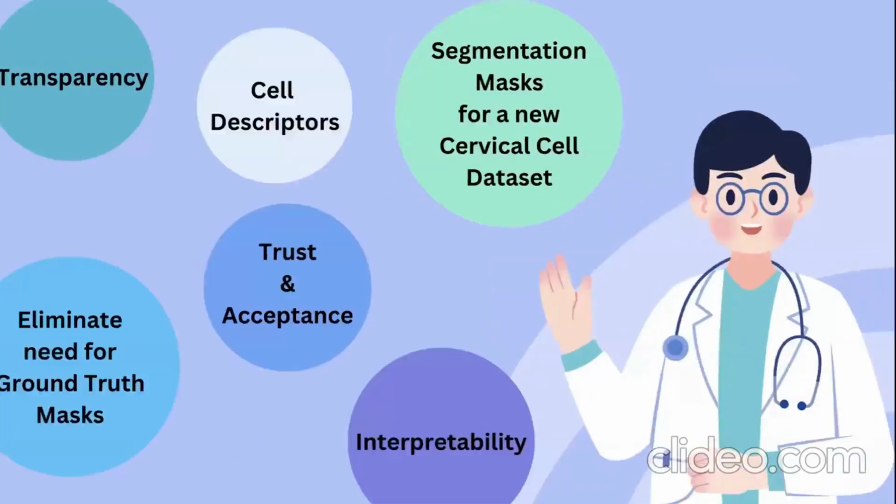Imagine a system where clinicians have complete transparency in critical medical settings. What if radiologists could generate segmentation masks for new cervical cell datasets without the task of manual pixel level annotation? What if experts could easily obtain cell descriptors such as N::C ratio to make more informed decisions? Clinicians and radiologists seek an automated system that offers not only accuracy but also transparency and interpretability, fostering greater trust